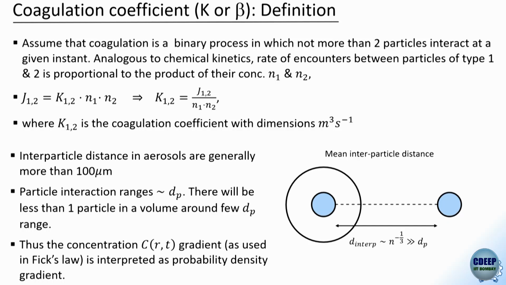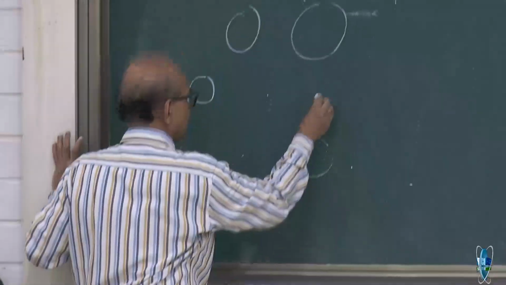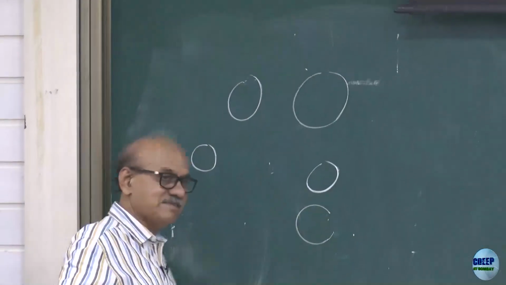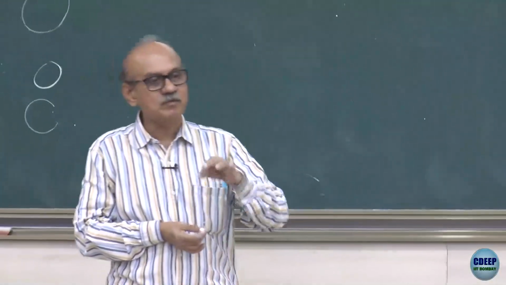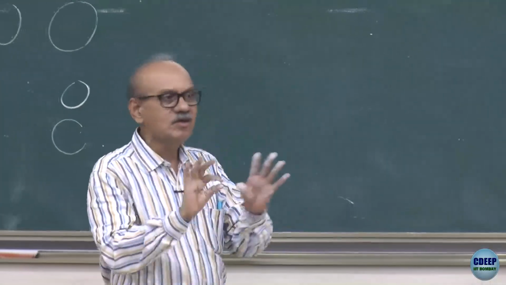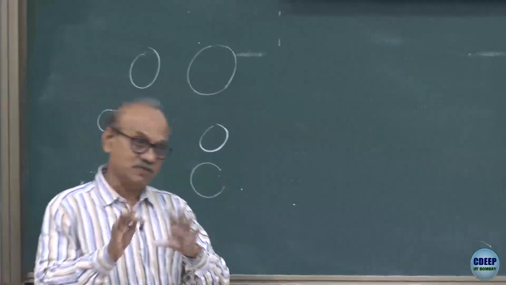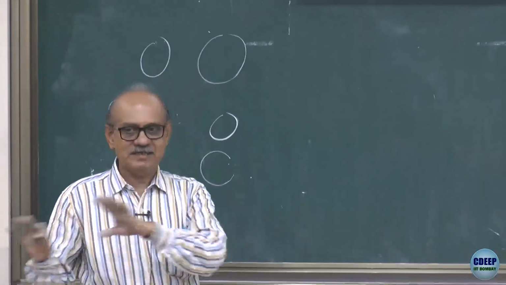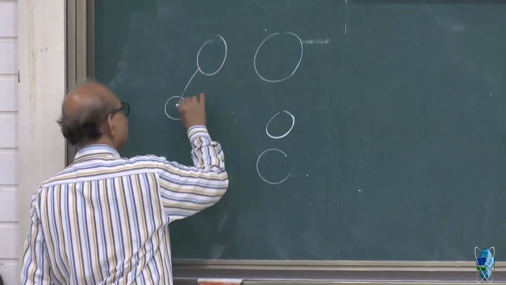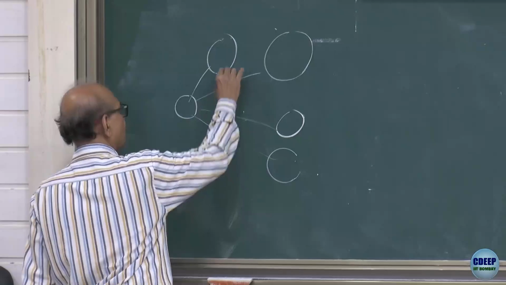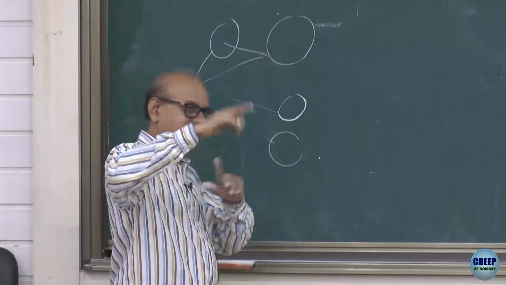I have particles of all possible sizes mixed randomly in space. When I say randomly, every size has equal probability of occurring everywhere in space. So, they are mixed properly size wise, no preferential size effects,